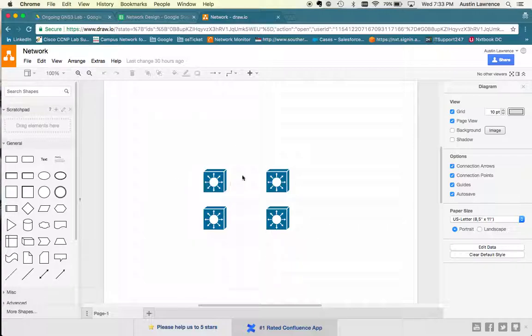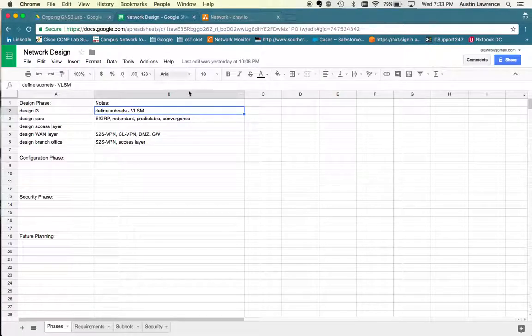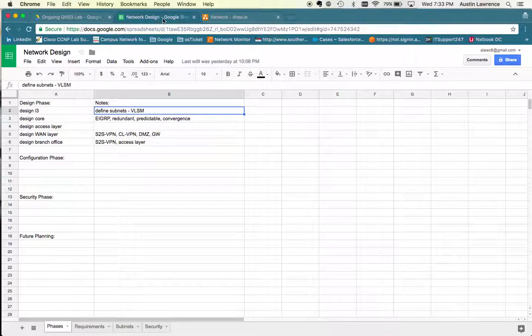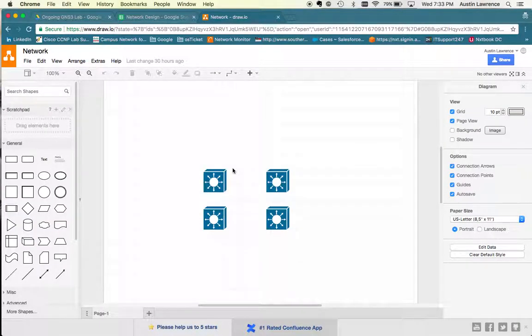As you can see, I have the core of the main building or main network just hanging out here. So what I'm going to do is get everything written out here, define some of the parameters I want to set in my network, some of the security goals, and some of the goals for making things expandable, so the network can grow and scale, and I won't have to make changes down the road that I really should have planned for in the beginning. Then I'm going to lay it out here inside this draw.io diagram,